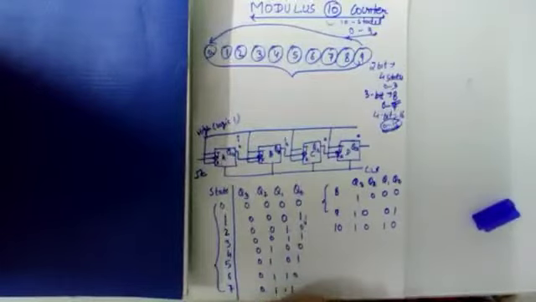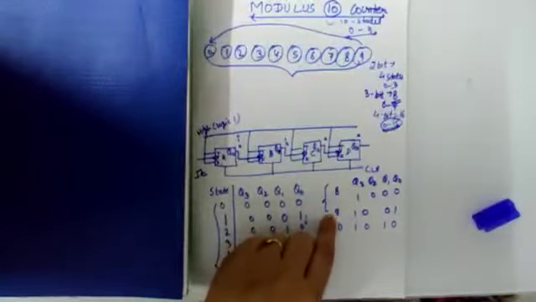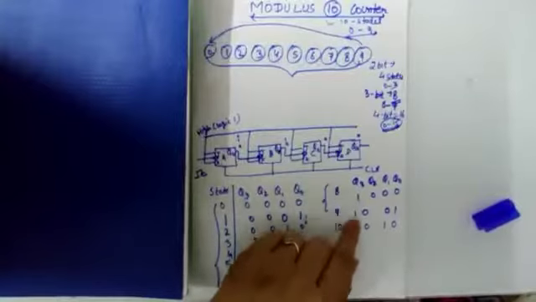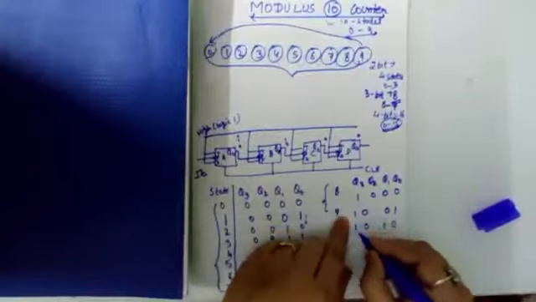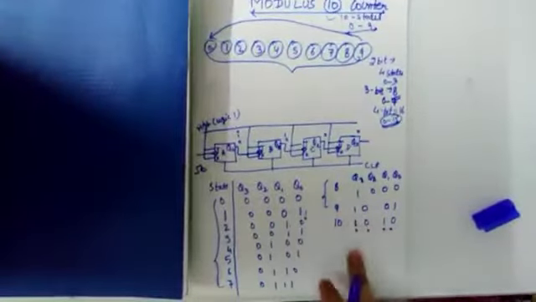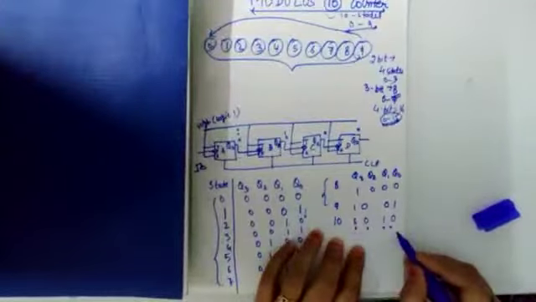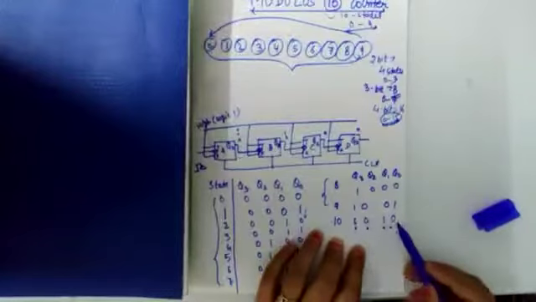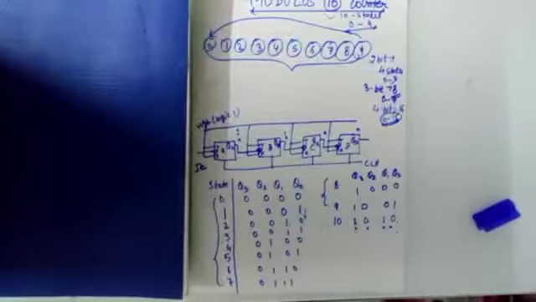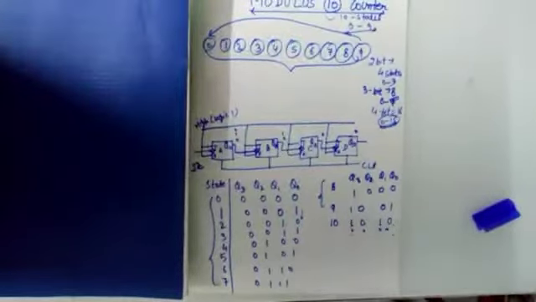But what we want is that after completing 10 pulses, it restarts the counting again. Meaning after this value it should again be 0 0 0 0. What we want is that all the outputs will be 0 after passing through the 10 pulses. So now look at this. Q2 and Q0 are already 0. What we want is to make Q3 and Q1 0 in any way, so that all the outputs will be 0.